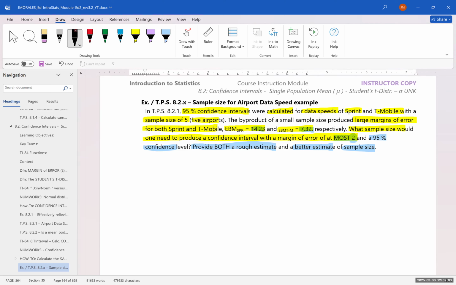Okay, so we're going to be doing 2 sets of calculations side by side. We're going to do calculations for Sprint, and I'll try and see if I can use this other color for T-Mobile. All right, now to do a rough estimate,